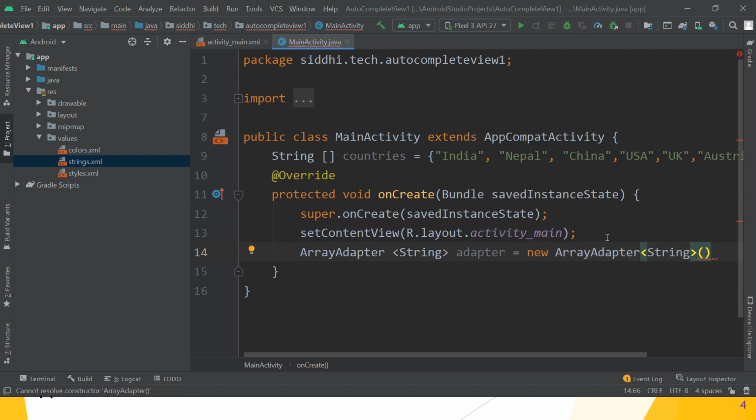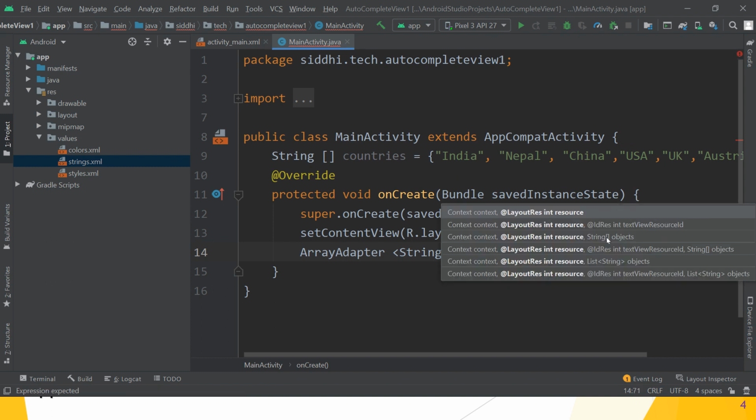Then pass the arguments: the first argument is the current context, that is this.